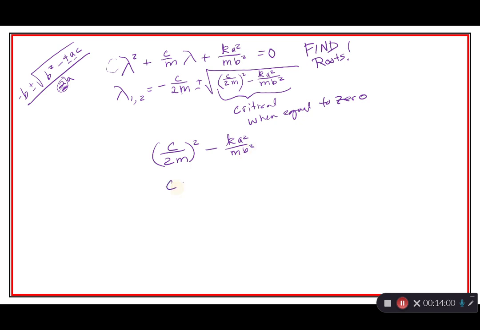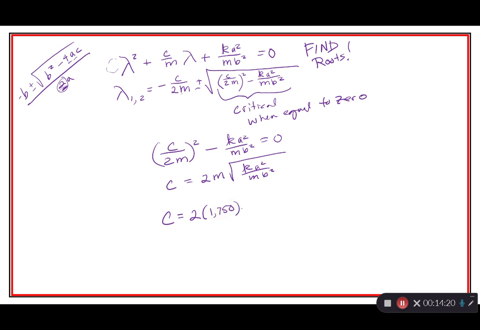So we have c equals 2m square root of k a squared over m b squared. So c is going to be equal to 2 times